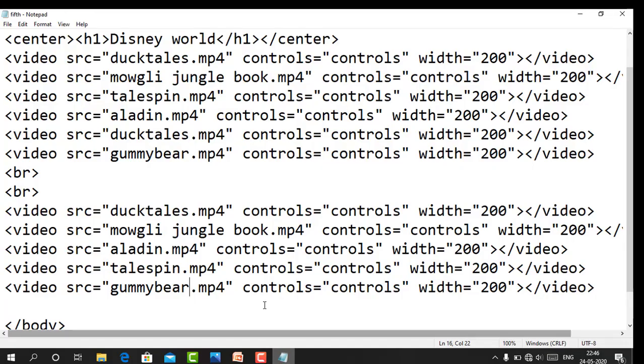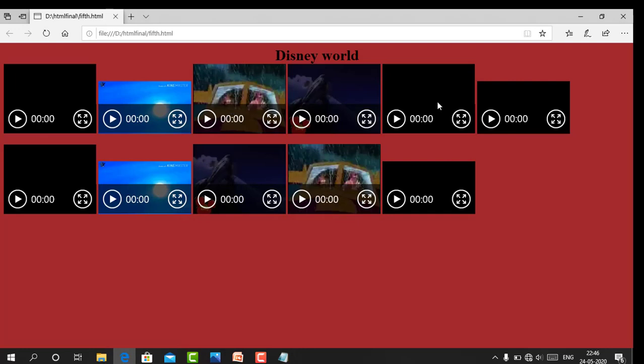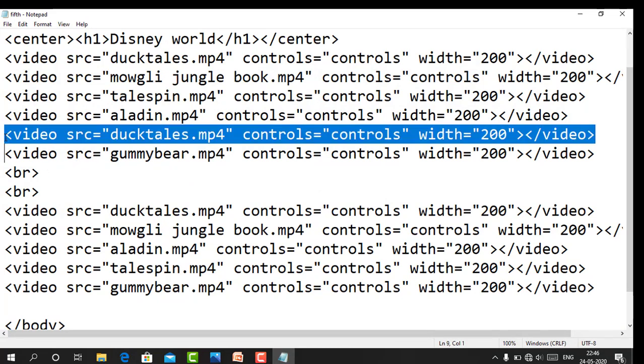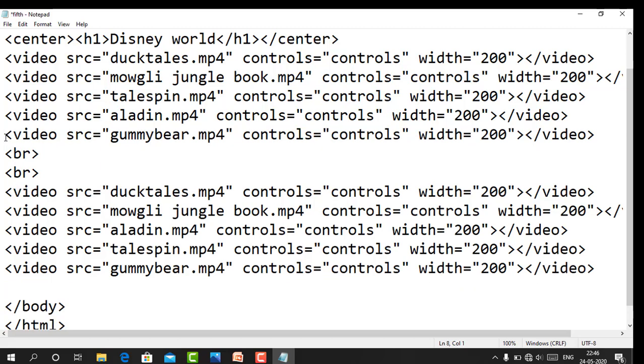One more file I want. Three and three, six is done now. So I can put this line, I will cut this line. Then BR tag is here, and again BR tag is here.